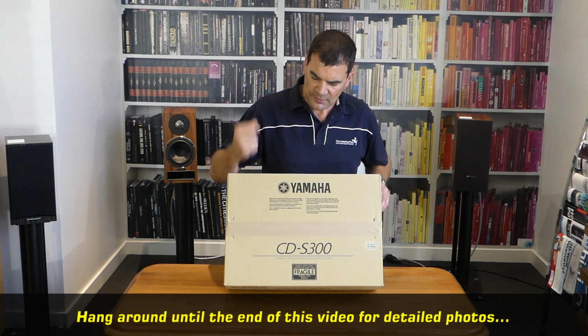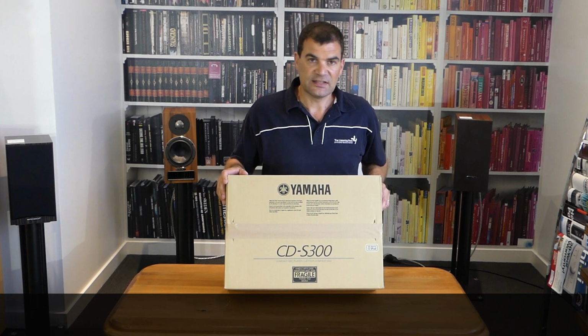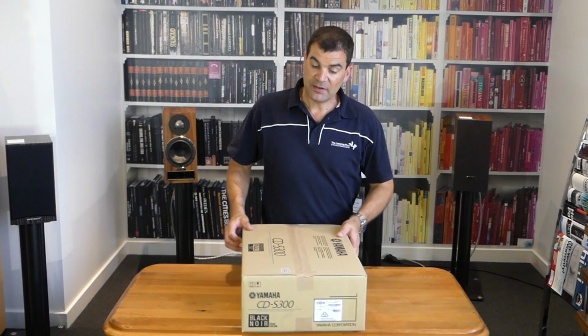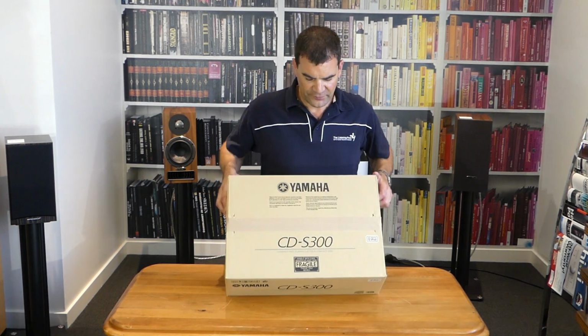Yamaha. Most of its boxing is like this. It's brown, it's pretty boring really, but this is all that it needs from a product of this sort of style and price. It's not a very big box because what's inside isn't very big either. It's got a model and serial number information on all sides and a little bit of information on the top